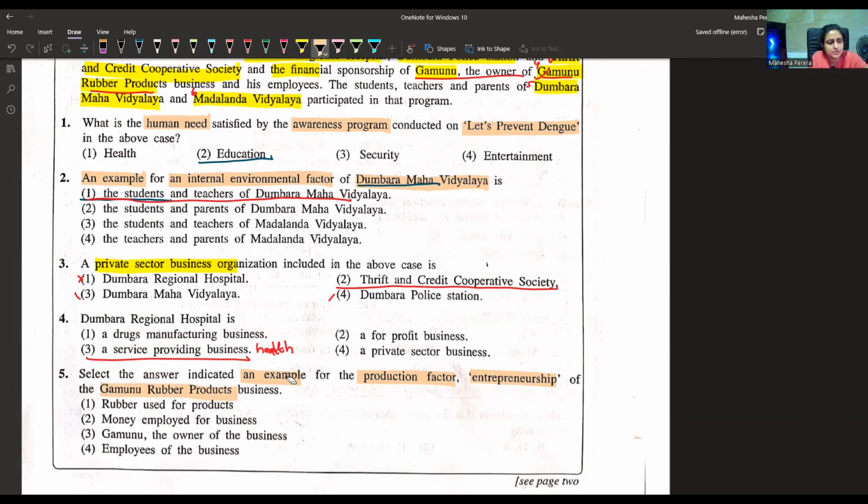Example for entrepreneurship in Gamunu rubber products. Definitely Puta, Gamunu, the owner of the business. Now, do you remember when we are to write factors of production using a case for entrepreneurship, the example is